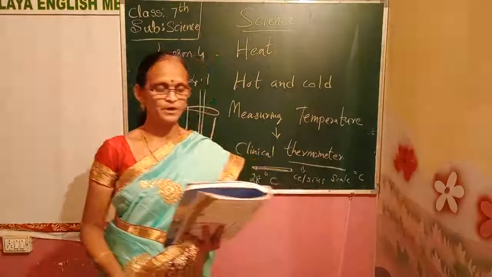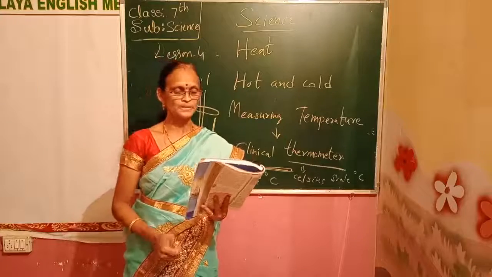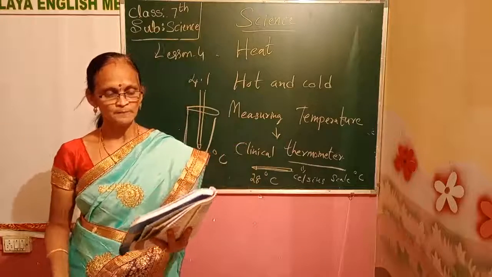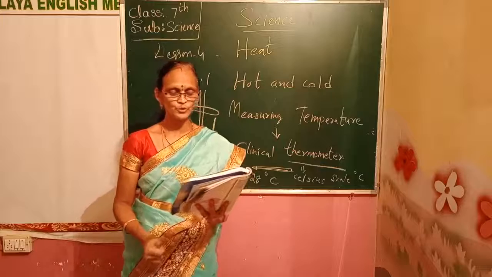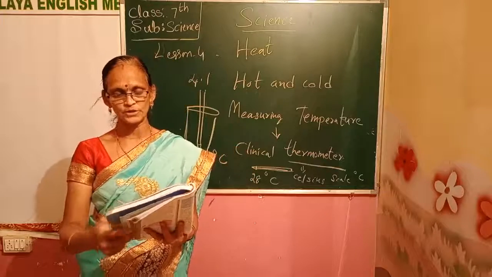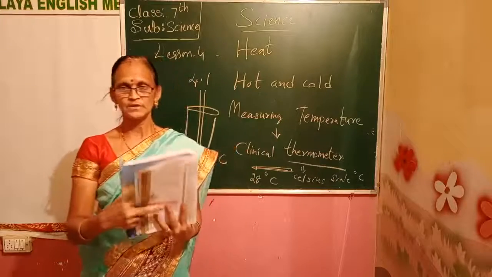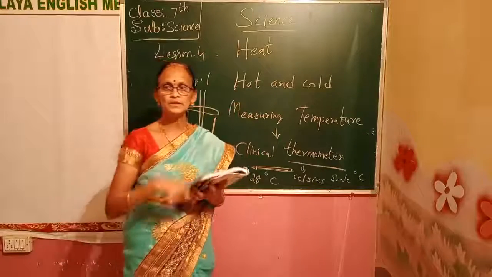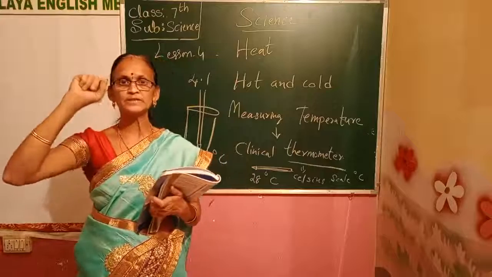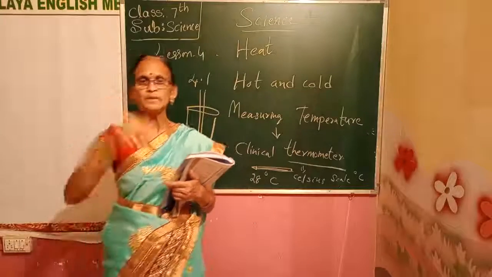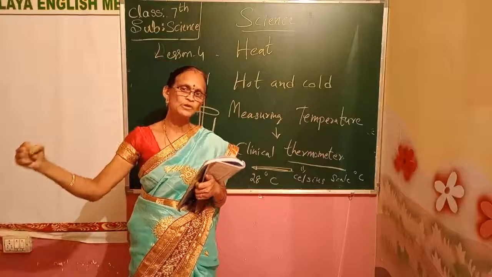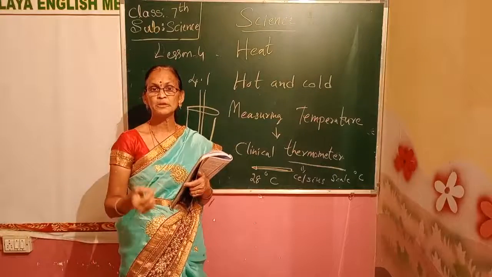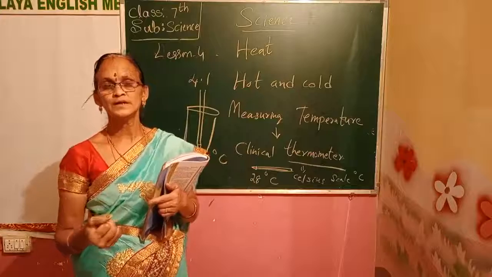Take some hot water in a beaker or a mug, dip the thermometer in water, wait till the mercury thread becomes steady and note the temperature. Now take the thermometer out of the water. Observe carefully what happens now. Do you notice that as soon as you take the thermometer out of the water, the level of the mercury begins to fall? Yes, when you take hot water in a beaker and you put the thermometer, you can see the mercury level is increasing because the water is hot, and immediately when you remove the thermometer from the water, the mercury level will come down. Yes, because you can say by this experiment that mercury spreads when there is temperature